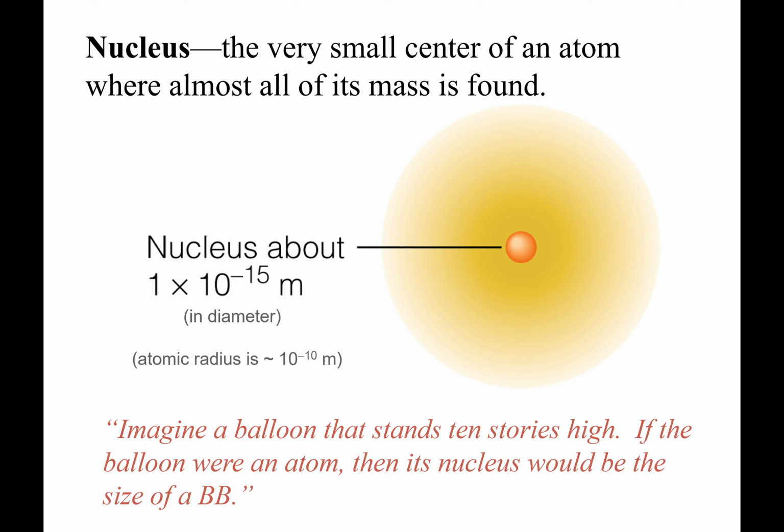I have BBs in the lab, so I forgot to bring my BBs, my munitions. But this says, if you make a BB the nucleus, then you have to have your electron cloud around your nucleus. The way I read this, you would have to go up to the 5th floor of a 10-story building with your BB, and you'd be between 5 floors up and 5 floors down. And that's, relatively speaking, size-wise, the way an atom is. So the nucleus is a BB, 5 stories up, 5 stories down, that's your electron cloud.